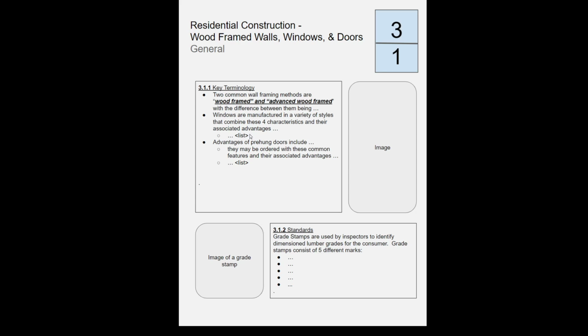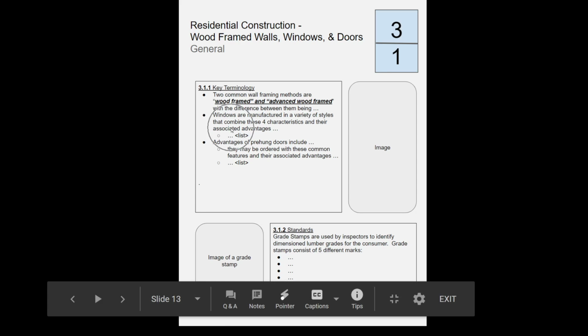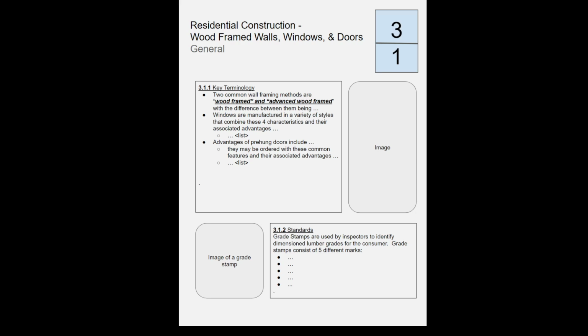So one of the things that I saw in here on 3.1.1 is that only 5 people made a submittal of what they had done so far. But the majority of people did not put down the associated advantages of different ones of these. So a way you would do this is windows are manufactured in a variety of styles such that combine things such as different frames, different numbers of panels, different. Okay, the 4 features. That takes up a very small amount. And you might say, frames have to do with energy and with the associated advantages and disadvantages mostly being in energy use,